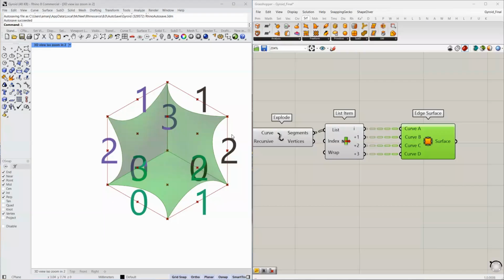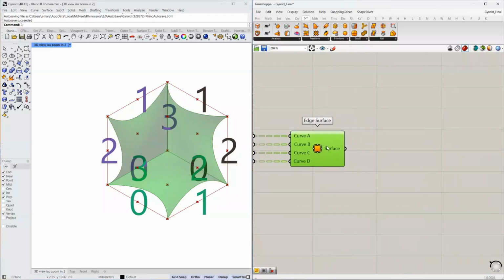Now we have our base surfaces, but they are rigid. To get that beautiful organic gyroid shape, we need to relax it into a minimal surface. For that, we will use Kangaroo. First, we need to convert the surface into a mesh. To get a clean result, I'll use isotrim